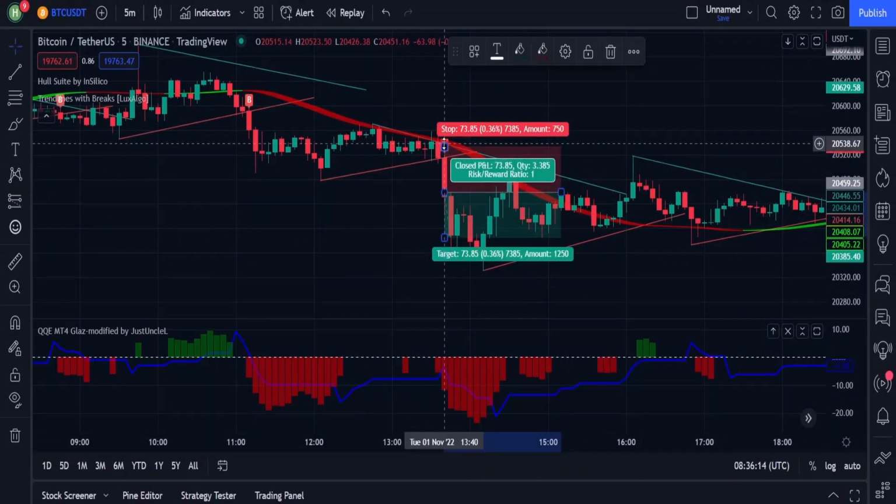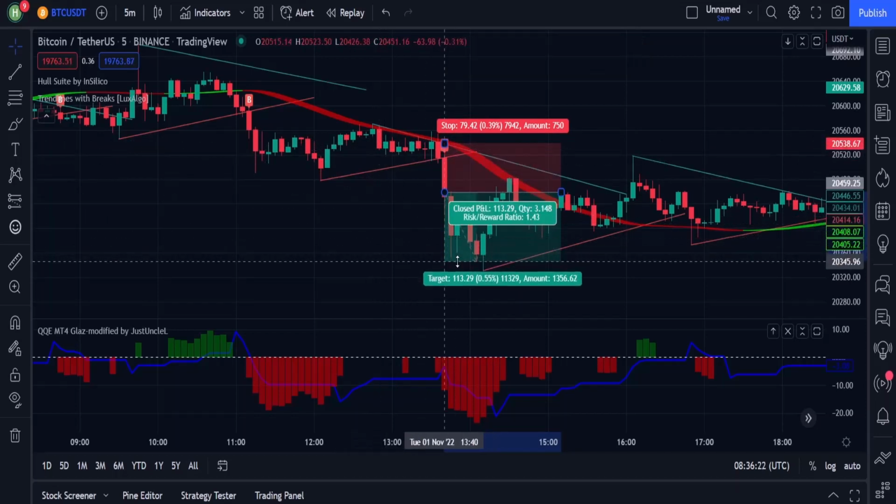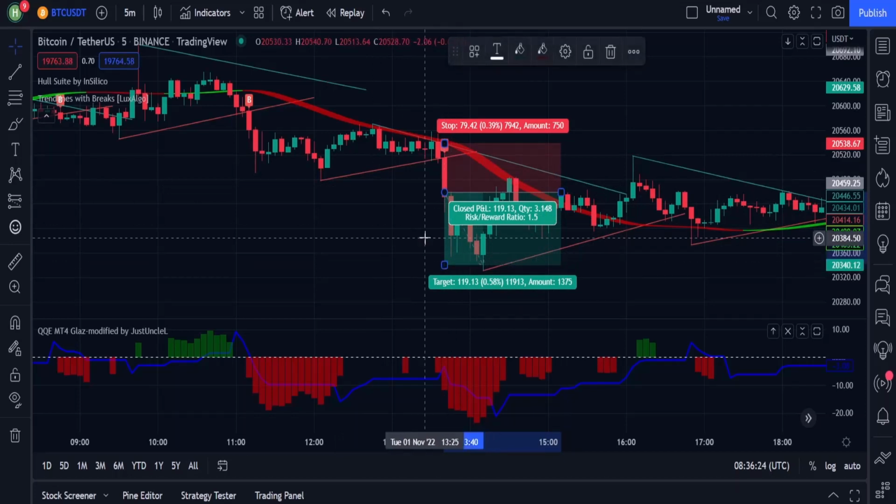So we'll enter the trade. Our stop loss can be set either at the Hull Suite line or at the recent swing high. For the take profit, you can either set it at 1.5 times the risk, or if you want to maximize